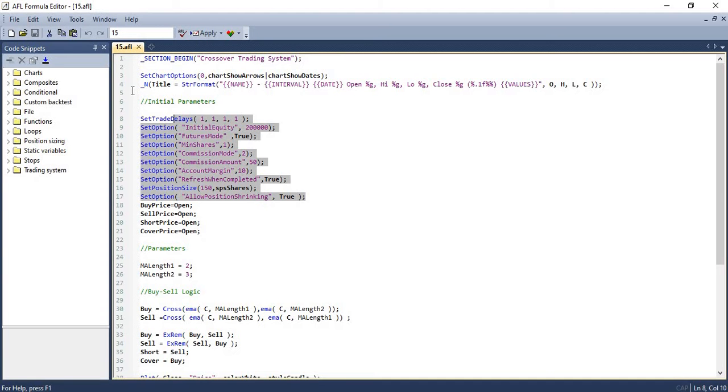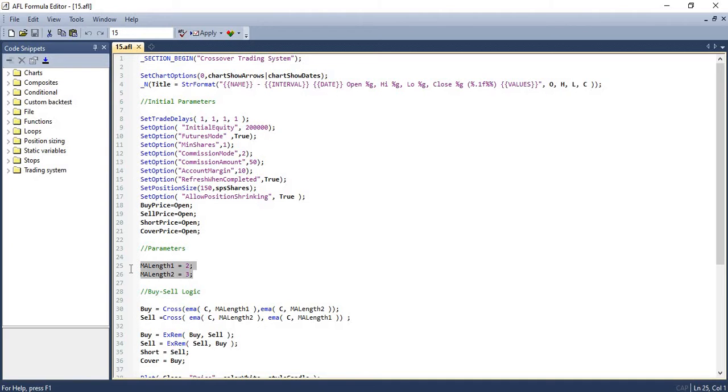So let's begin with the script setup now. The first part of the script is self-explanatory. These are used for setting up the chart title and assign the value to the parameters to be used for backtesting, which we have already discussed in detail in the previous episodes, so I'm skipping this part. The next four lines are used for assigning the price of buying, selling, shorting, and covering. So we will always be using open price of the next candle as our price.